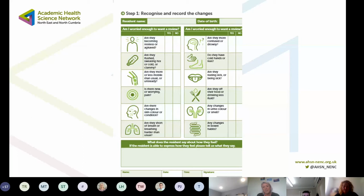And I think if you look at this here, it's like a checklist, and this enables the staff to check through, is there anything else? As you can see on here, how are they presenting today? Are you worried about them, are they becoming restless, agitated? Are they flushed, sweaty, cold, clammy? Are they less mobile than usual? Are there any new complaints about any kind of pain, skin colour, condition, shortness of breath, and so on? I hope you can see